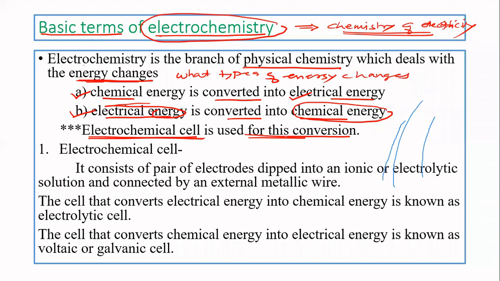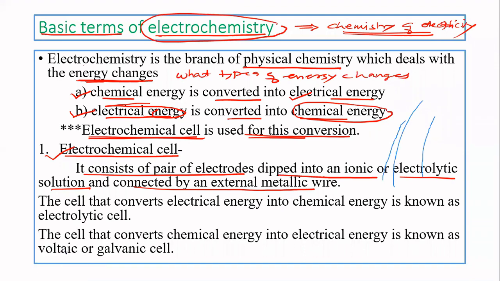That is from chemical energy into electrical energy and electrical energy into chemical energy. Then what is meant by this electrochemical cell? It consists of a pair of electrodes dipped into an ionic or electrolytic solution and connected by an external metallic wire. So the electrochemical cell simply,